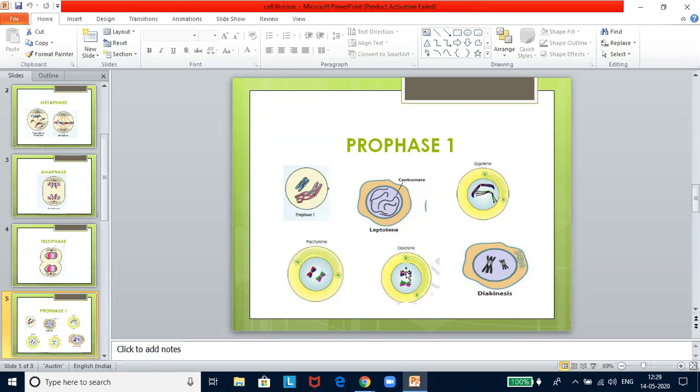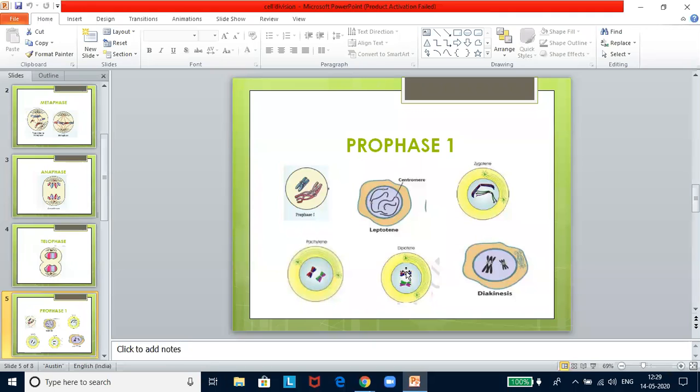So the stage in which crossing over takes place is pachytene. In diplotene, you can see the formation of chiasmata. Next, the last stage is the diakinesis. Chromosomes will undergo maximum condensation and appear shorter and thicker than at any other stage. As the homologous chromosomes move apart, the chiasmata slide down towards the end of the chromosome, and this is known as terminalization. So terminalization occurs in the diakinesis stage.